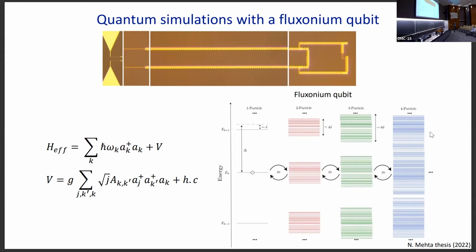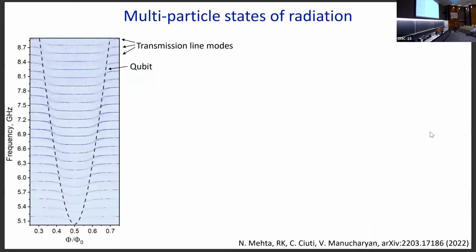So let's now look at what happens in the experiment. Here I show you spectroscopy data. The y-axis is the frequency, and the x-axis is flux. When flux is far away from the half integer flux point, you see those lines. These are standing wave modes in the transmission line, which I showed you before. The color represents reflection magnitude, just like in spectroscopy. So those modes are not perturbed by a qubit.